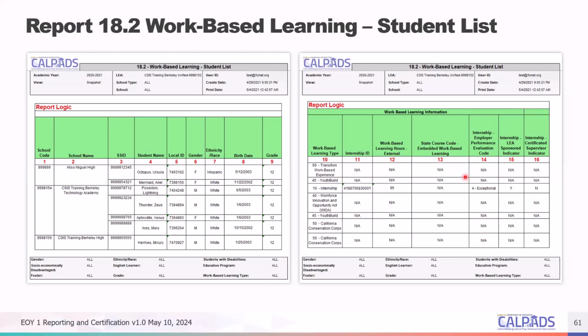But then again, bottom line here is that if the student met CTE courses or met college courses or all of those things, you can't double dip on claiming those students. CalPADS and the dashboard will only count the student once based on those eligibility.